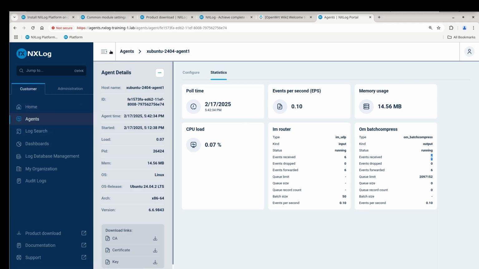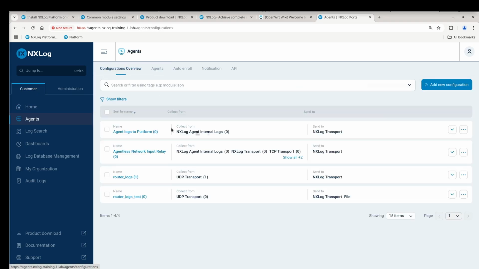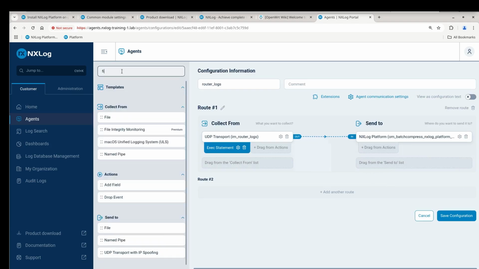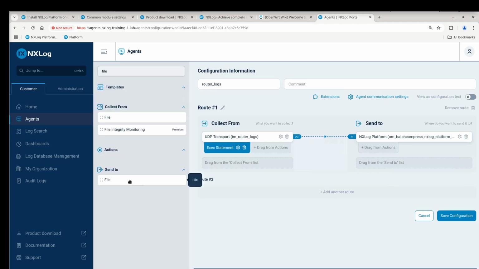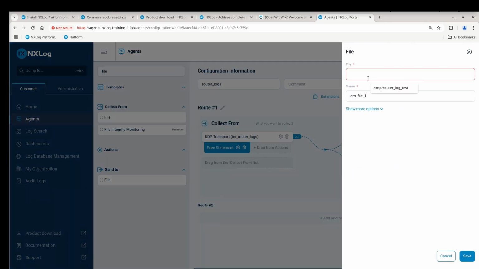One more thing, let's say we don't go to the agents, we check the router logs, the template we created, and let's say, besides this, I want to receive these logs in a file, okay? We can search here for a file, and send to file. Okay, we can drag it here. I should do it properly, sorry. Now it's okay. Again, it's orange. Why? Because it's expecting us to say where we want to store this file. Let's say store it on tmp